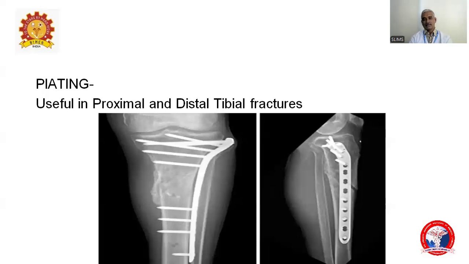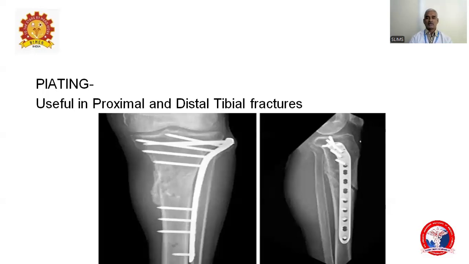Here, there is a lateral locking plate. We call it a lateral locking plate, a single plate only on the lateral aspect of the tibia, stabilizing the fracture. If you need to address the posterior aspect, we go for posteromedial plating, posterolateral plating, and then medial plating. So